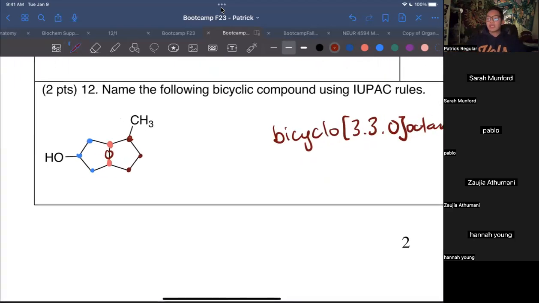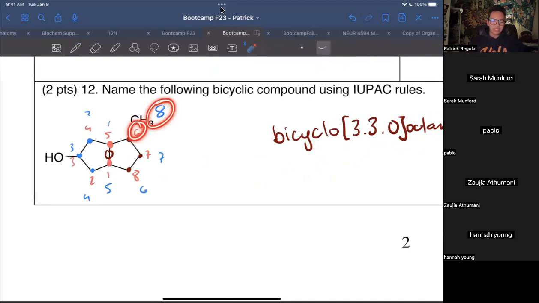So starting at the bridgehead carbon, I would probably go this way. 1, 2, 3, 4, 5, 6, 7, 8. Why am I going that way? Because I'm giving alcohol the lowest priority. Again, if I had to choose between the rings, I want the one with the alcohol. If I went the other way, 1, 2, 3, 4, 5, 6, 7, 8. Which one would win, 6 or 8? It would be 6. So it would be 6-methyl